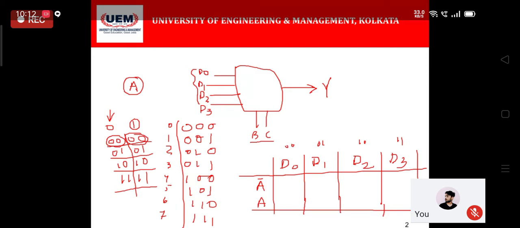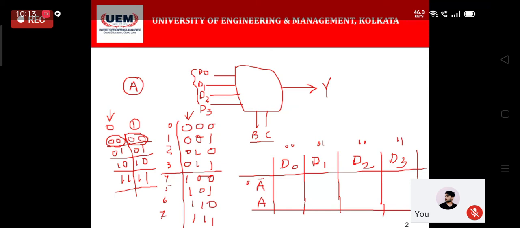So 8 values, you can see that for 4 values, A is having a value of 0. Those 4 values are represented by 0, 1, 2, and 3. Next 4 values where A is having a value of 1 are represented as 4, 5, 6, and 7. Now you are getting the clarity.